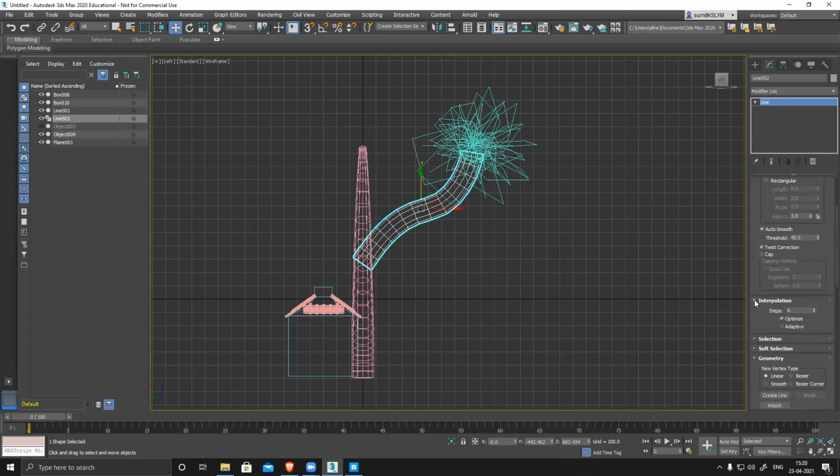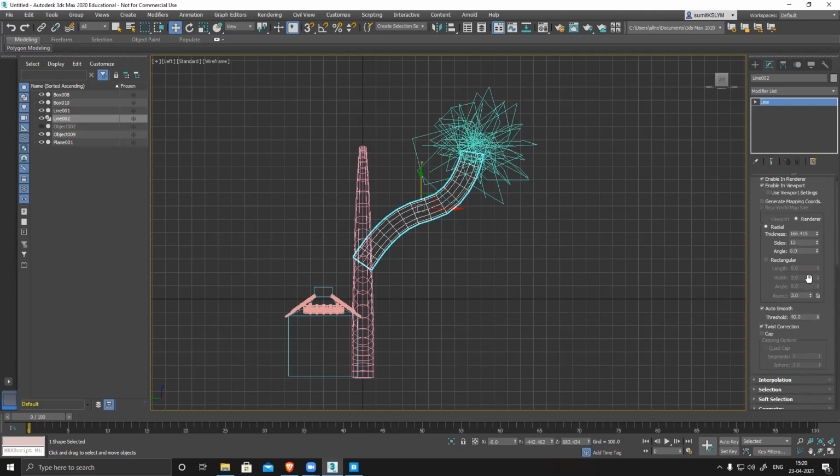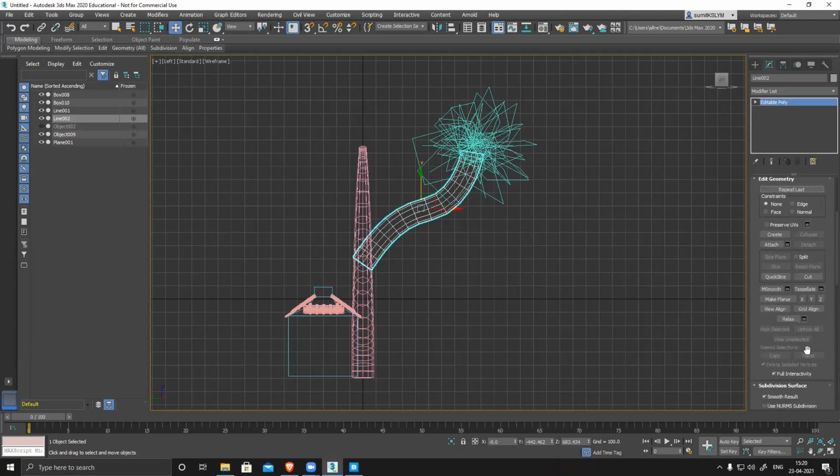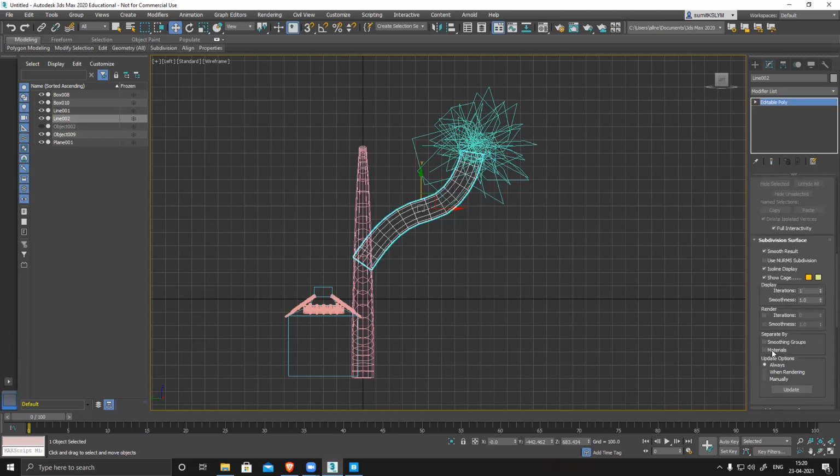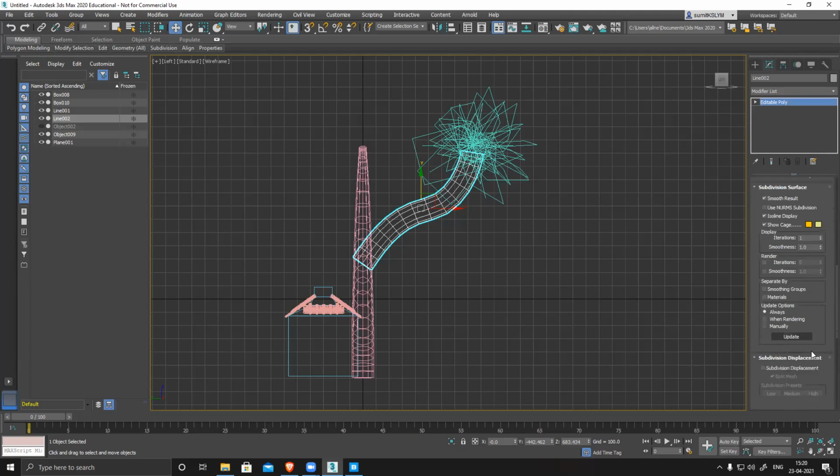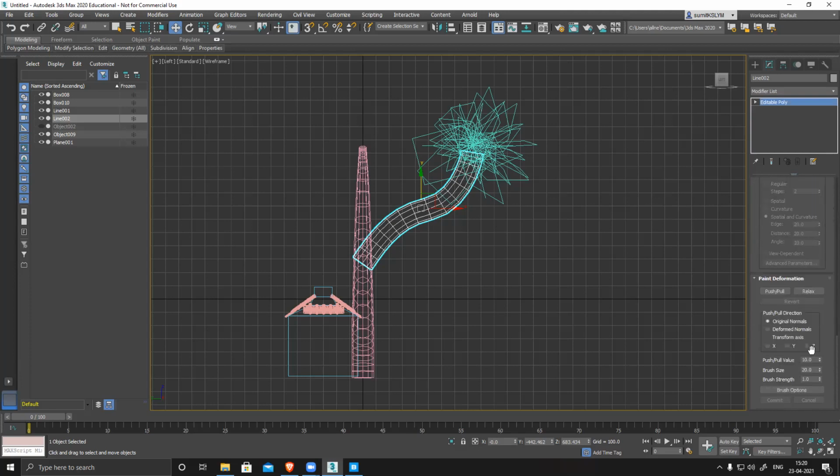There is a taper option. I don't know why it's not here. Okay, anyways, polygon. It's not there. It should be there, it's a taper option. Okay, anyways, the same thing I can do again.